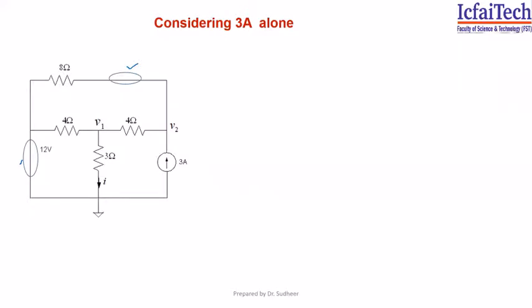Now if we carefully observe, this is a circuit. You can use mesh analysis, but as the circuit consists of only resistors and current sources, I can go for a nodal analysis with the direct inspection method. So this I am considering as a reference node. Let this node voltage be V1, let this node voltage be V2.